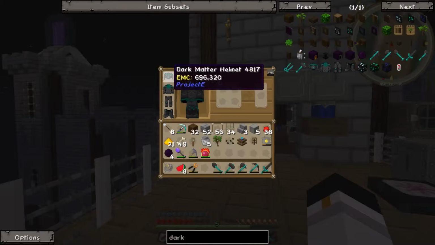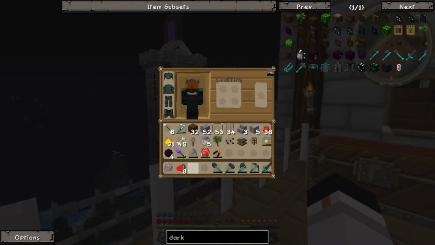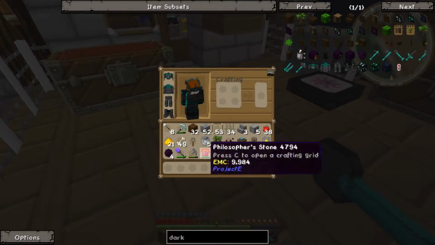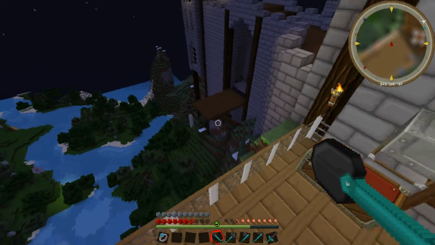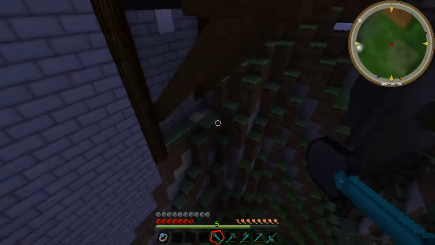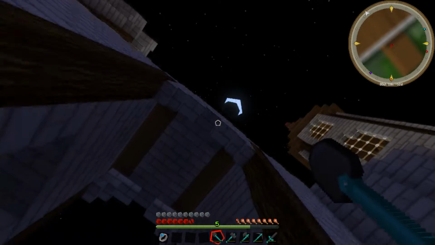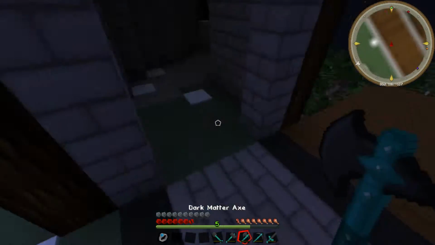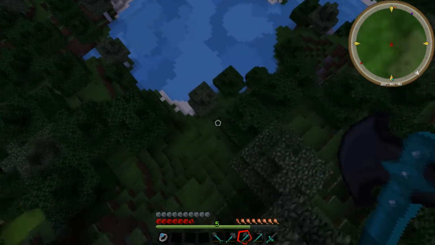Now, last episode we actually got dark matter armor and tools all set up and ready to go as well. And with the dark matter tools, I was researching them, and apparently the durability bar underneath is completely empty, which means they can never in fact run out of durability in the first place. The dark matter axe makes trees fall over, which I would like to test actually